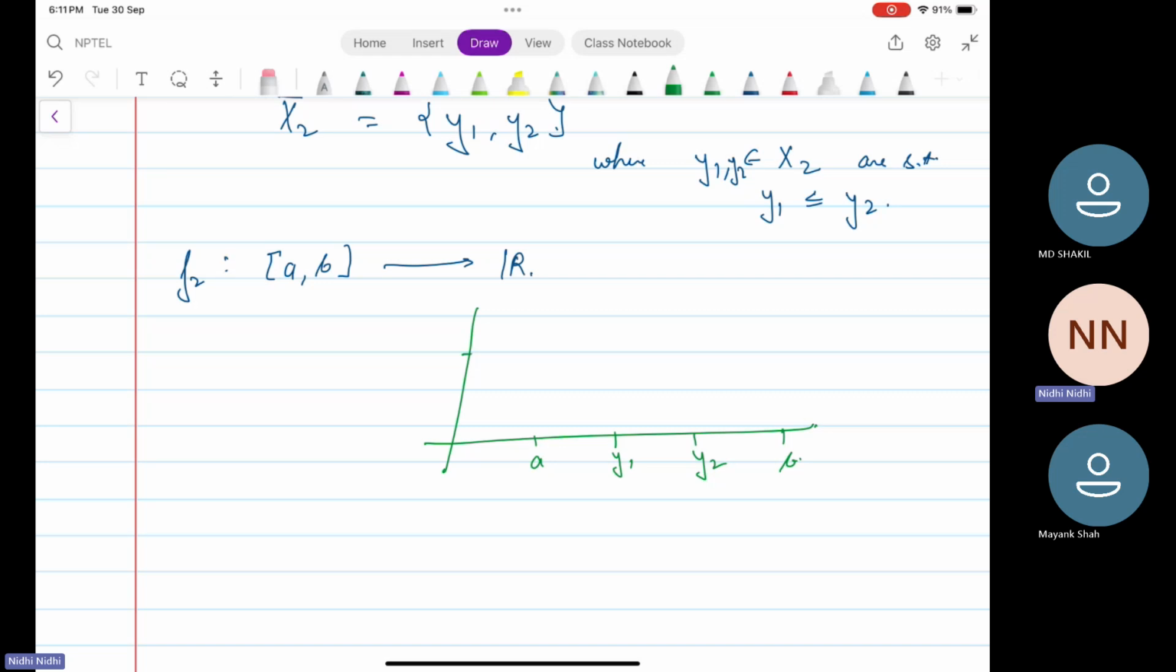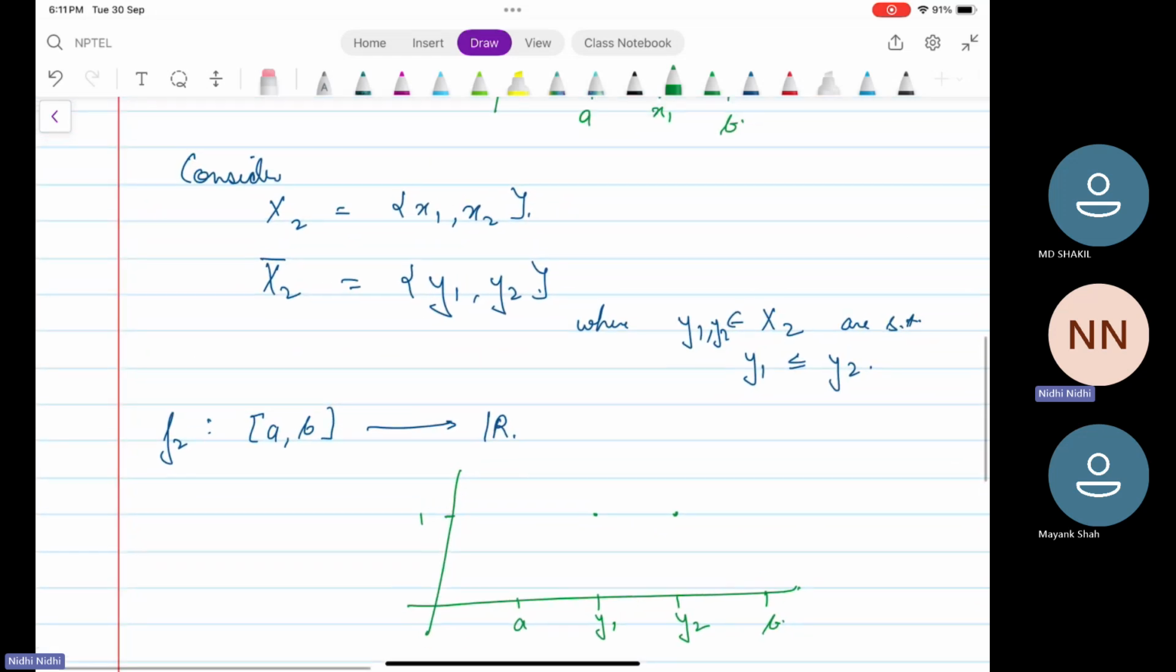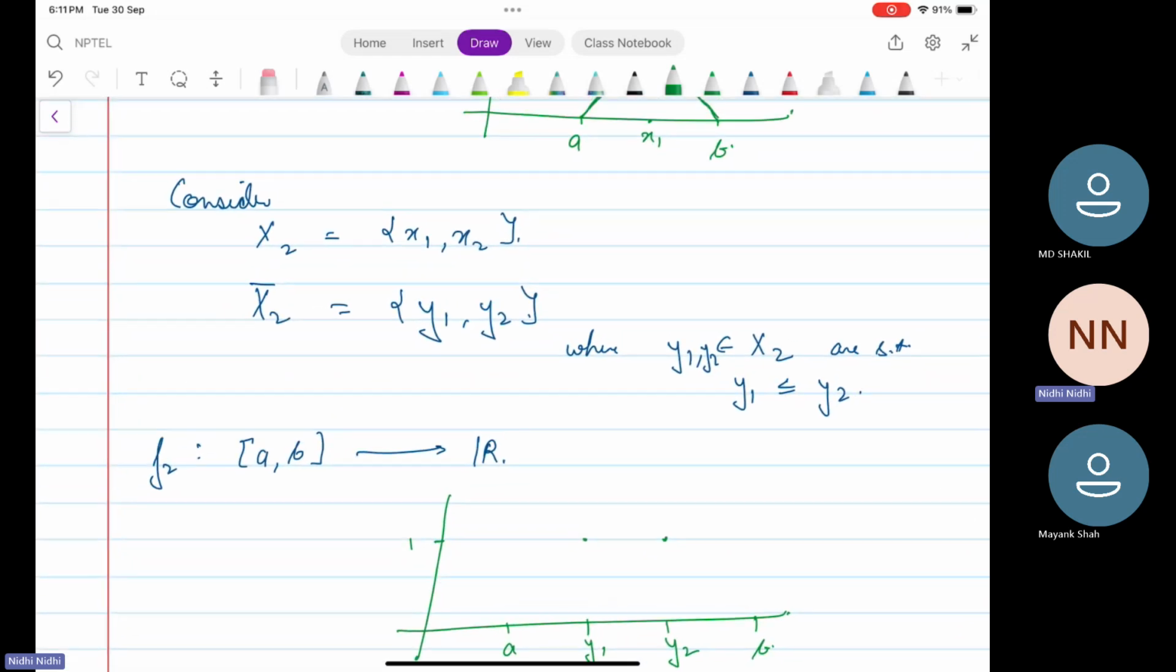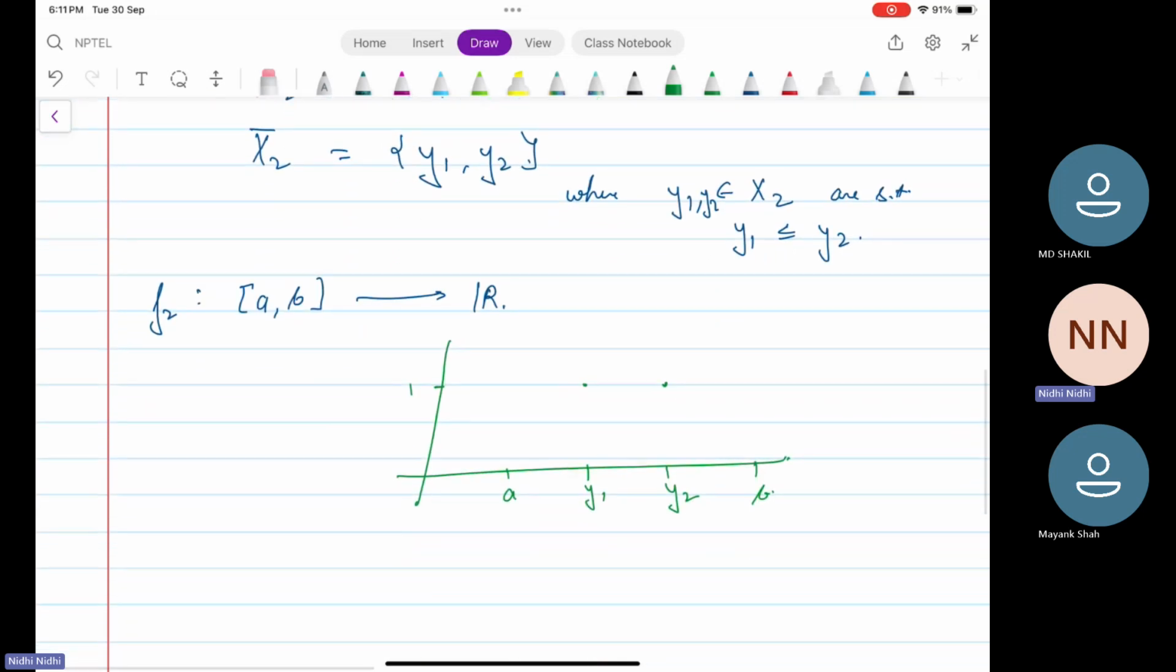Now again, I want our function to map y1 to 1 and y2 to again 1. So you can see that either of y1 or y2 is x1. So at x1, again the function f2 is 1. Now again, I'll make two triangles. Now these triangles are such that